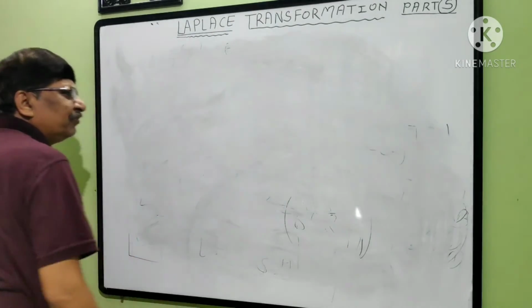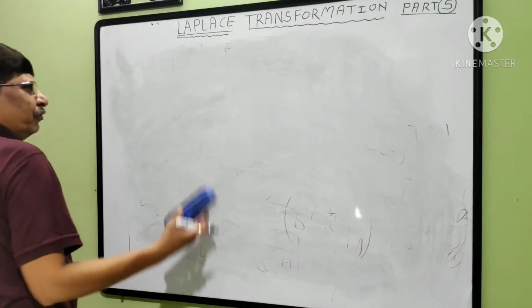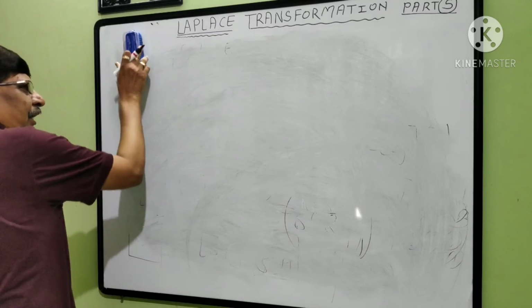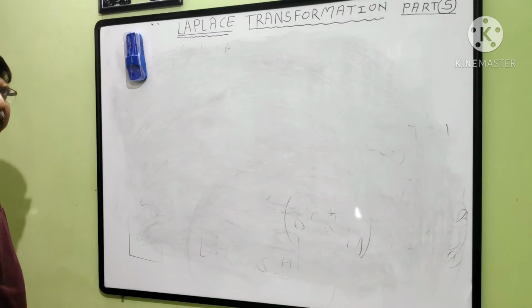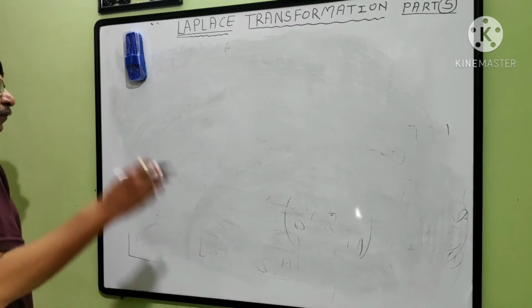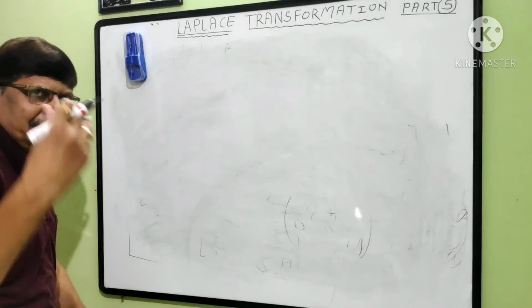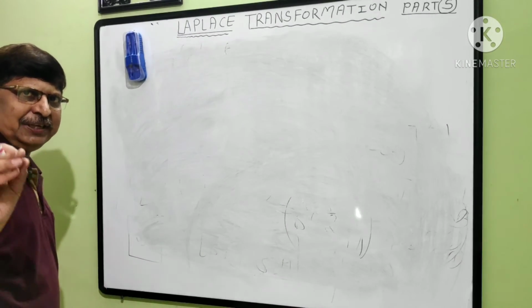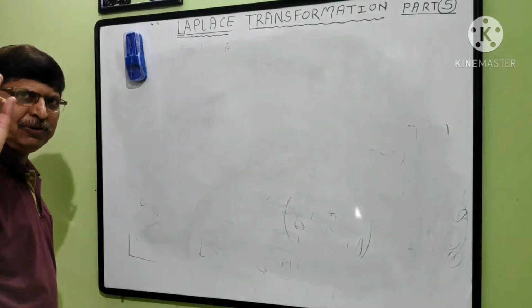Okay, in this way you can find Laplace transformations with the help of some 5 or 6 formulae. We have taken the first shift theorem, the second shift theorem, then the shift of origin, then the Laplace transformation of t into f of t, or t raised to n into f of t, and f of t upon t. You can also find the Laplace transformation of a derivative and of an integration. Only these points are important in your syllabus.